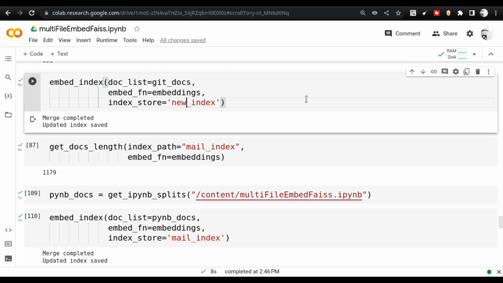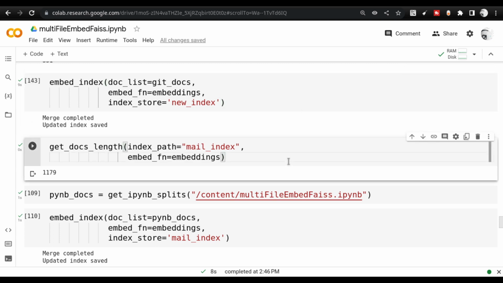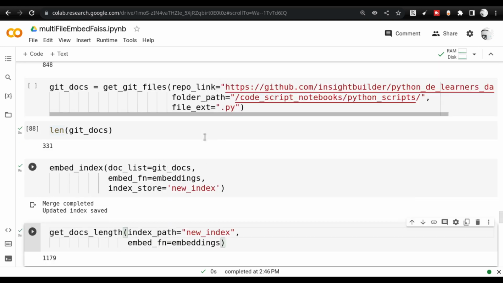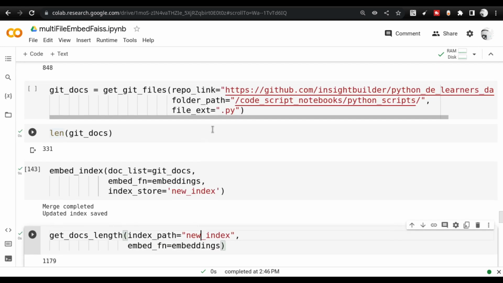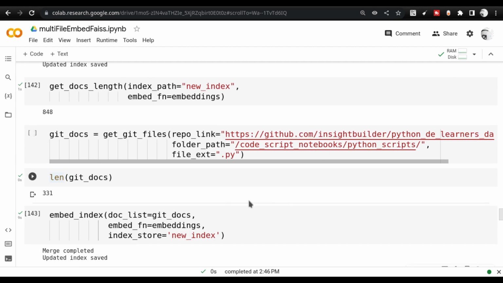So here I am showing you with free open source embedding. It's not going to cost anything. But if you're going to use OpenAI embedding, be careful about the cost of the tokens, and use it accordingly. And once it is done, you will see that the new index will have all the data from the Python code already added here. So just for you guys to see what happens, let me actually show you